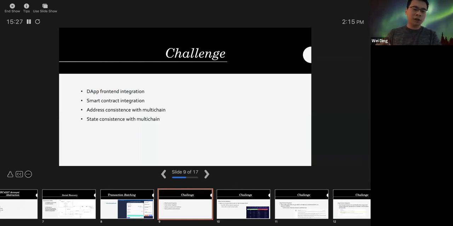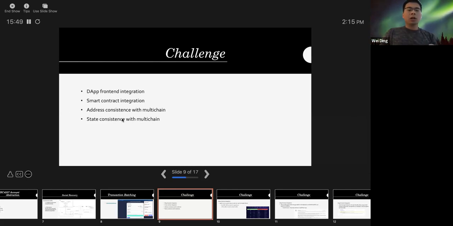Like in their Solidity, it doesn't allow smart contract users to use their protocol. And I will talk about this in detail. And also there could be a problem if smart contract wallet users expand to multi-chain, and address consistency could be a huge problem.